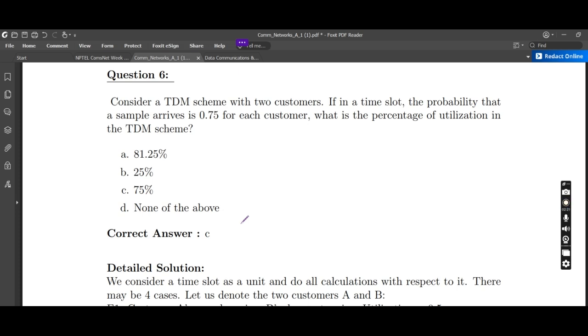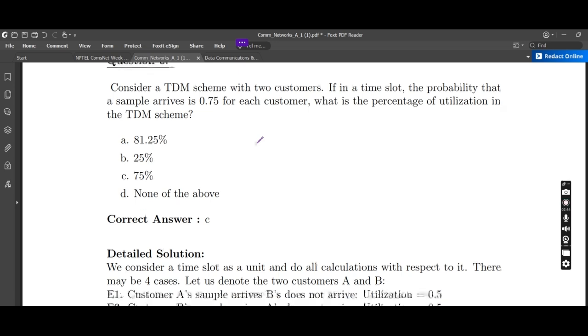So if in a particular slot one of the customers presents a packet to be sent, then the time slot is utilized. If none of the customers are sending any packet, then the system is not getting utilized. So what this says is that